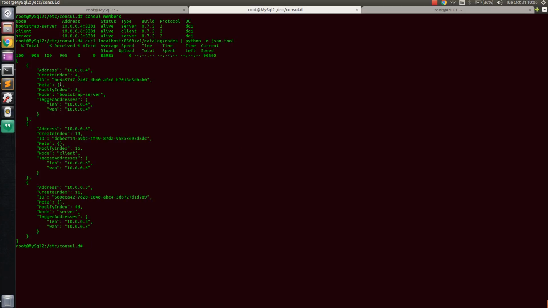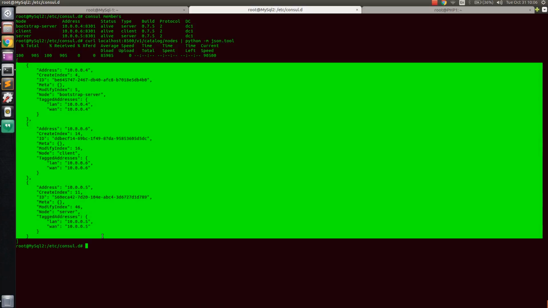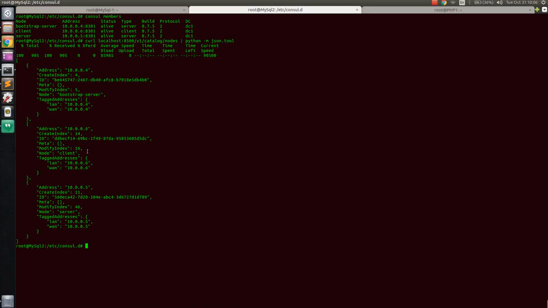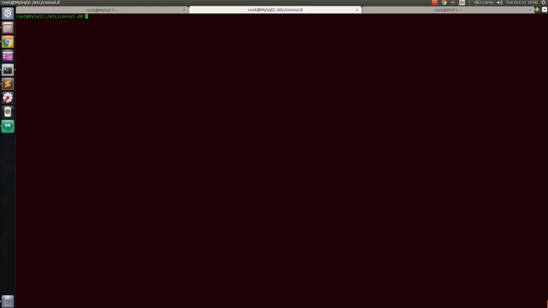This is another way of displaying what we just presented above: it lists all the members in the cluster. We can see the target LAN addresses of each node in the cluster. Moving on,